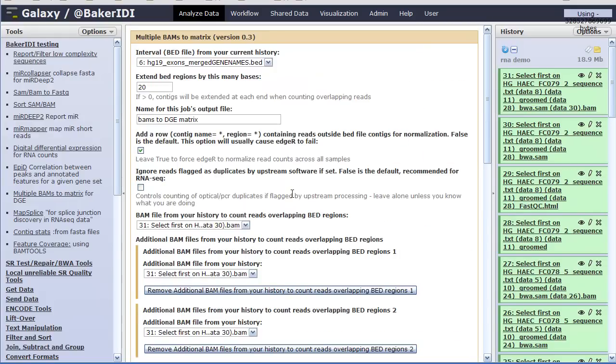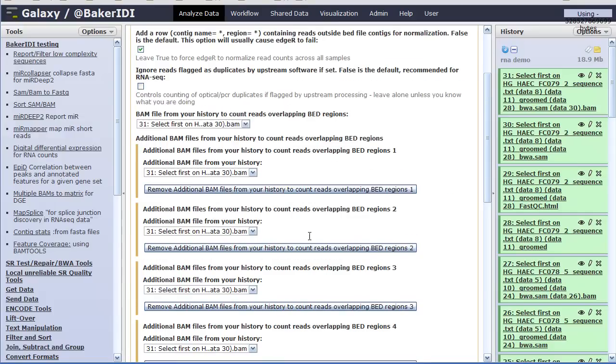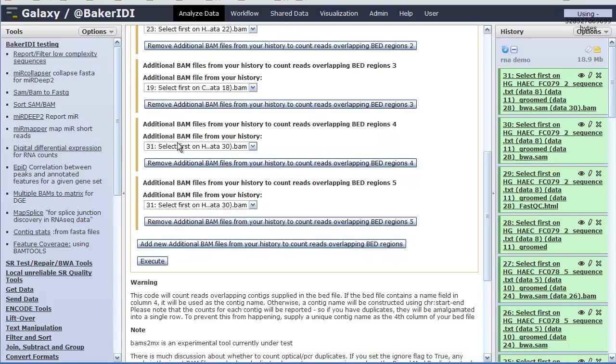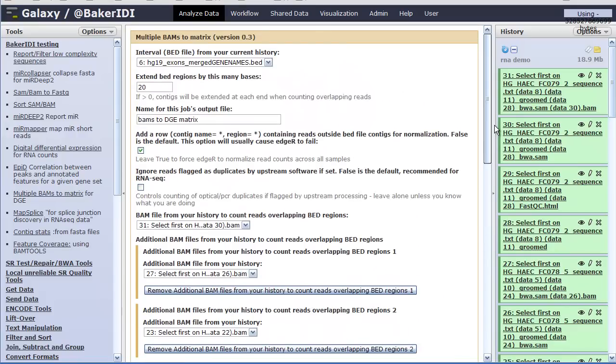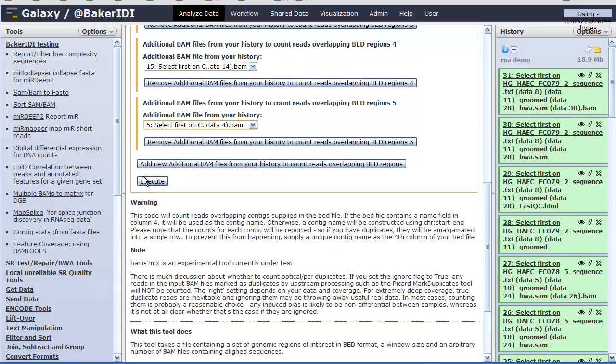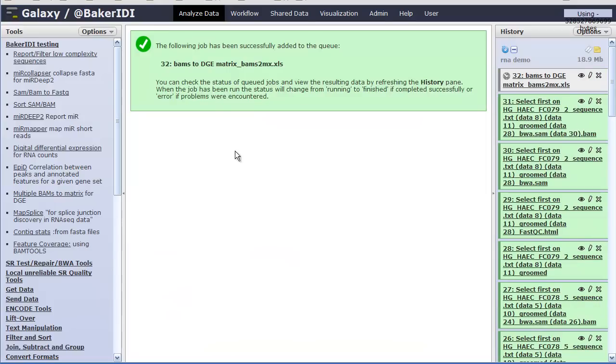and then I'm going to go back and point them all in the right place, because the first file is 31, so I don't want that twice. What I want is number 27 next, and then here I want number 23, here I want number 19, and here I want number 15, and last of all I want number 5. So these are all going to be merged together into a count matrix that we're going to be able to run EdgeR on. I'll leave all of the defaults, and I'll just click execute,